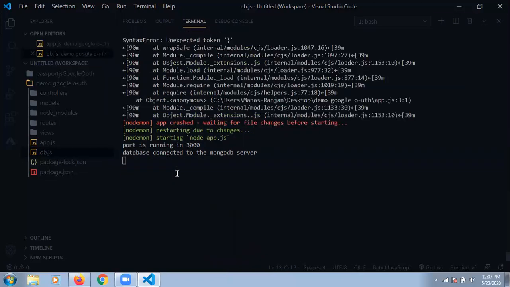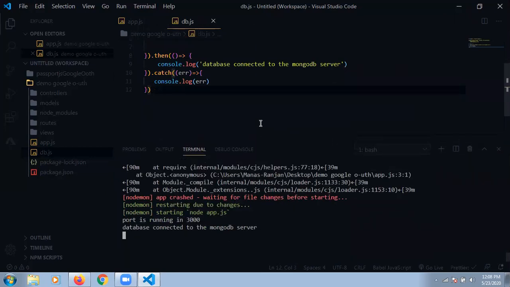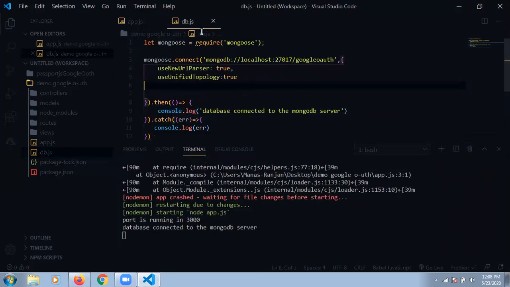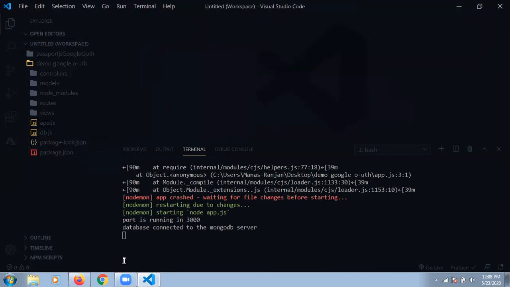See, there is no warning in the data. It is running on 3000, and this is it. So finally our database is connected, my application is running, and everything is working fine. So now I just want to show you something.